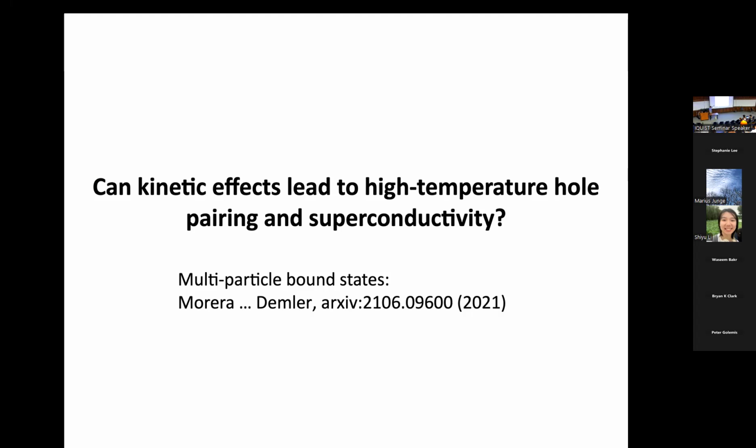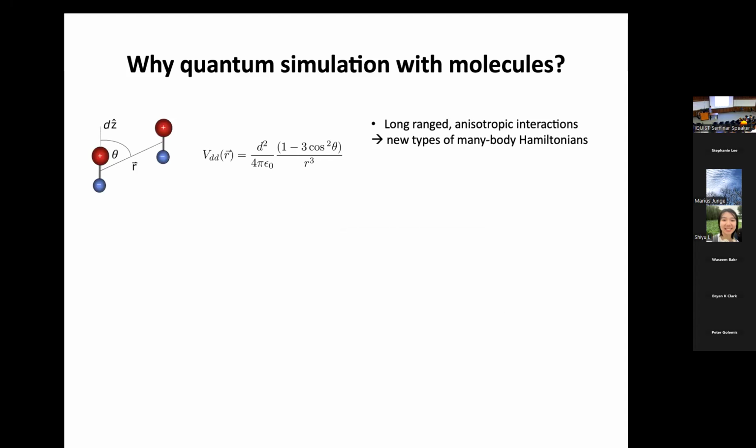So those are described in this paper here. And so that might be a way where, with this polaron, you can have 2 holes binding to each other. And when the holes bind, they can condense and form a superconductor. And the energy scale is still t. Okay, the prefactor is smaller, but the energy scale is still t, not the superexchange. So this might be a way to high Tc superconductivity. Okay. So maybe in the last 10 minutes, I'm going to just now switch gears to something different.